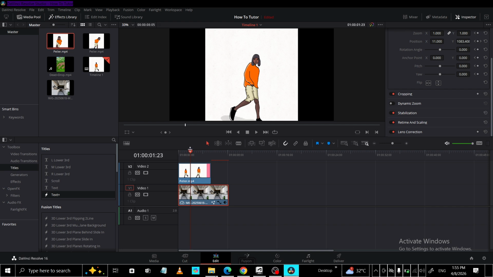At this point, play back your clip in the timeline to see the results. You should notice that the motion feels smoother and less jittery. If you want to fine-tune things later, you can revisit the stabilization section in the inspector and adjust the settings, but even the default stabilization often gives a big improvement with almost no effort. That's all you need to do. By working directly on the edit page, selecting your clip, opening the inspector, and enabling stabilization, you can quickly clean up shaky footage and